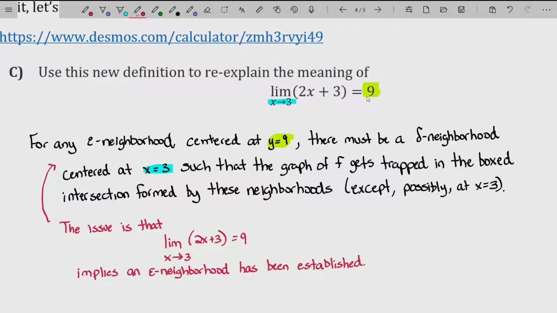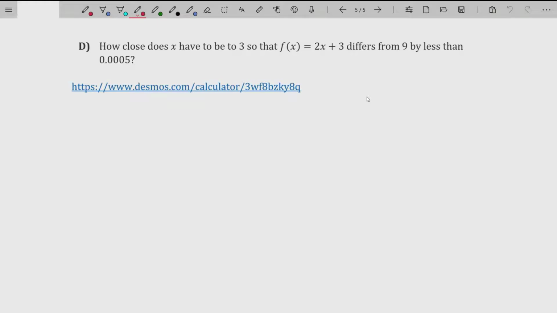somebody's already established an epsilon neighborhood. And in all of the animations we've done so far, we have not had a pre-established epsilon neighborhood. We actually were able to establish a delta neighborhood, and the epsilon neighborhoods adjusted accordingly. In other words, the epsilon neighborhoods depended upon our choice of delta. But that's actually backwards. That's not the way a limit actually works. And I'll showcase this by going back to those animations in a moment,